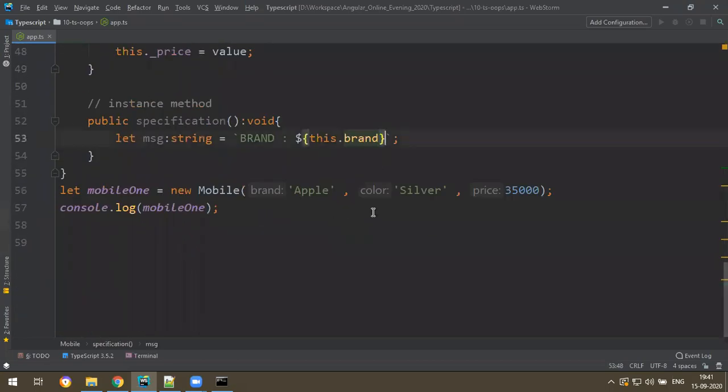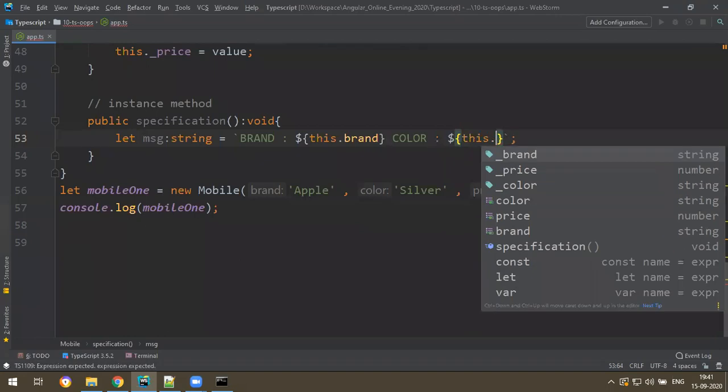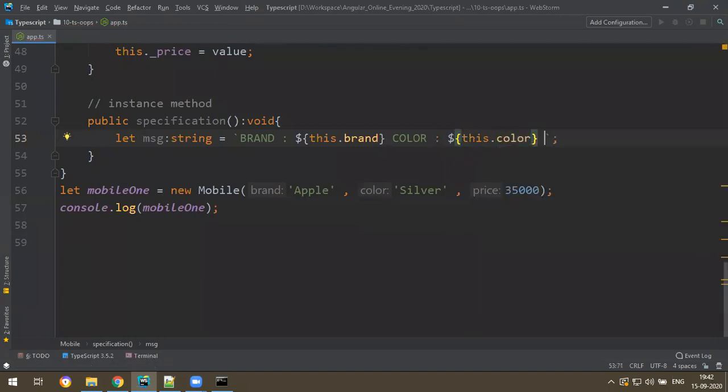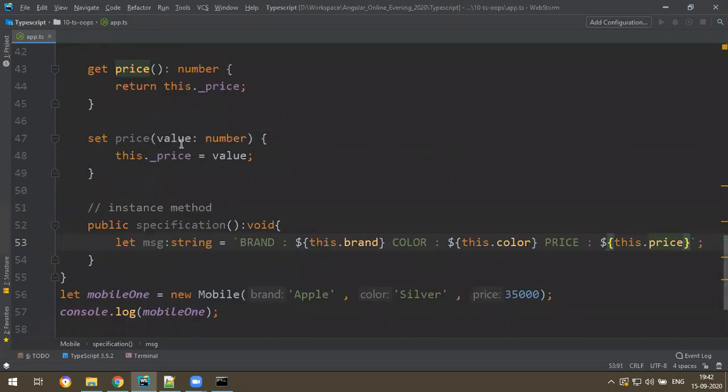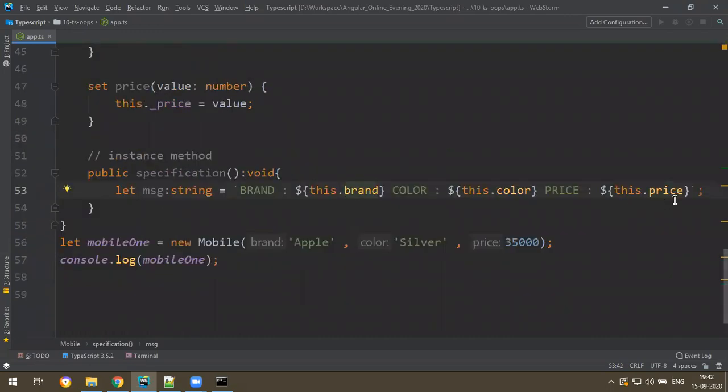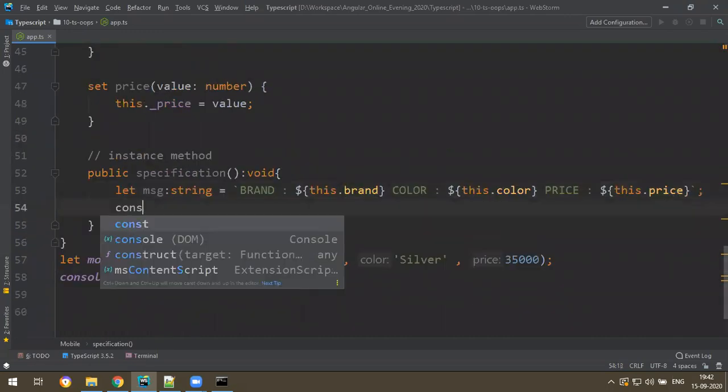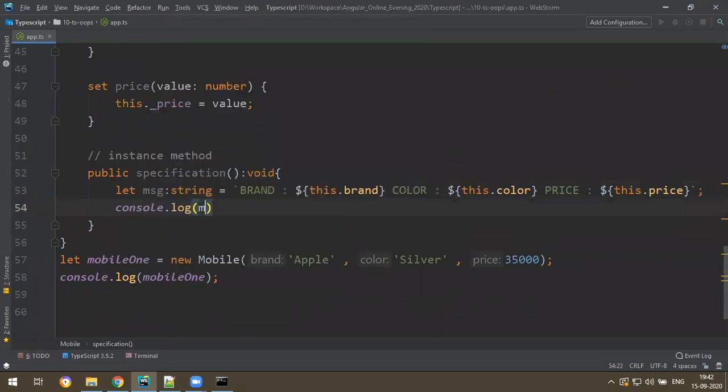Then brand color, color will be this dot color, and then price will be this dot price, like that. Okay, I have accessed all the properties using the getters and setters functions. Let me print it. Simply do a console.log of message.